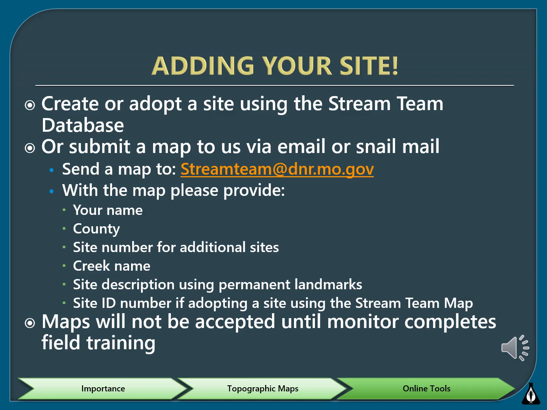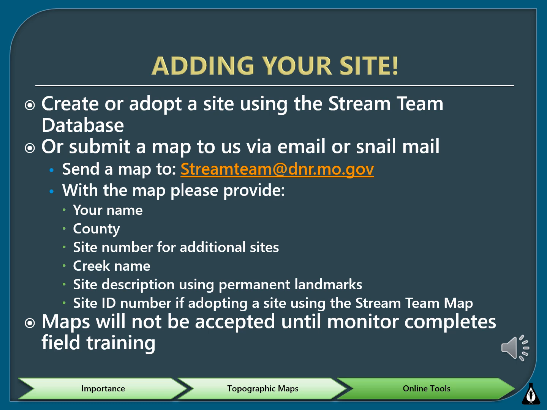Once you've completed a field training and are certified as a Level 1 monitor, your next step is going to be selecting a site. This process was detailed in Chapter 2 Site Selection presentation, but if you need more details about how to do that, you can refer back to that chapter. Data cannot be submitted online until a site is created or adopted under your user account in the database. To establish your first monitoring site or any subsequent sites, you can use the database to submit them to us, or you can email a map of your site to